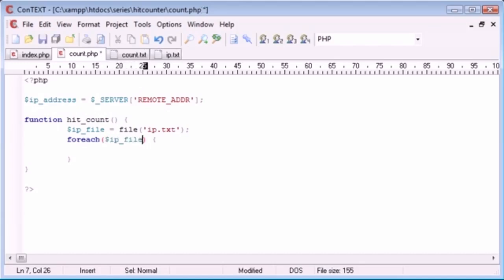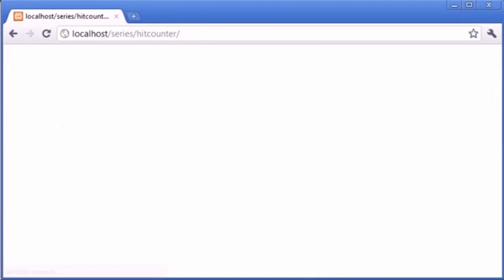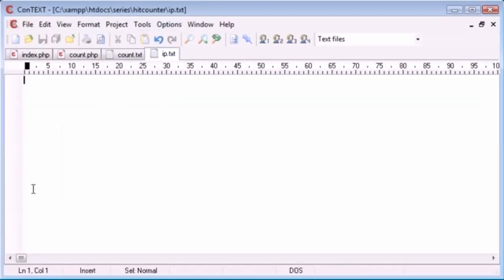So we're going to say foreach IP_file as IP, and what we can do to test this is echo out IP, and we'll put a line break there as well. In fact, we'll use a comma just to show that we've taken this as each element. There's nothing in there at the moment, so if we refresh we're not going to have anything on the screen. However, if we add, say, test data, new line, just pop a load of rubbish in there, each of these should now